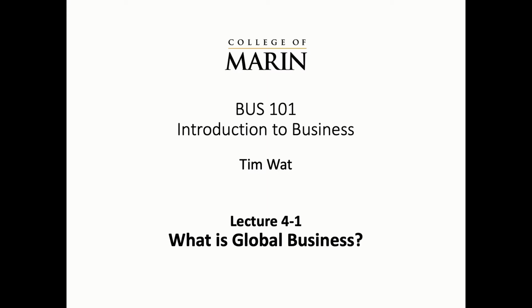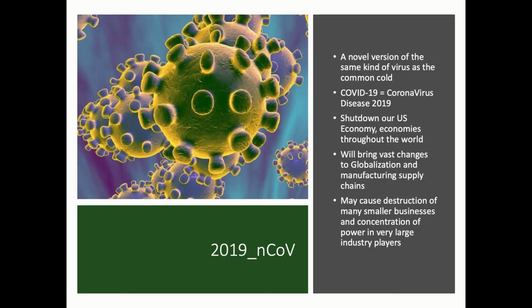What is global business? Well, let's chat about some things that are very close to us in contemporary history. Something that's affected us all. And of course, you probably recognize this electron microscope image of our novel coronavirus of 2019. You can see some of the things that we know very well now after all this time: shelter in place and the way it has changed our world. Essentially, this novel coronavirus is a new or novel version of the same kind of virus that also causes other types of flus and even the common cold.